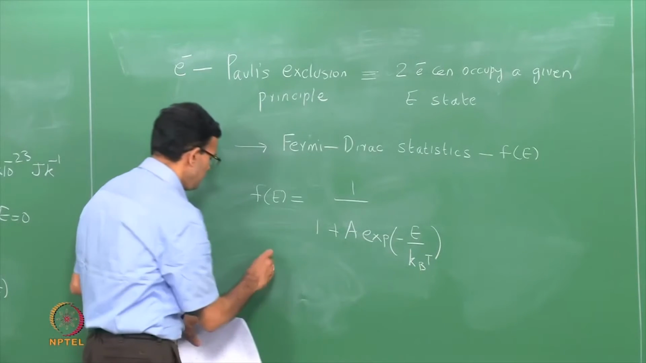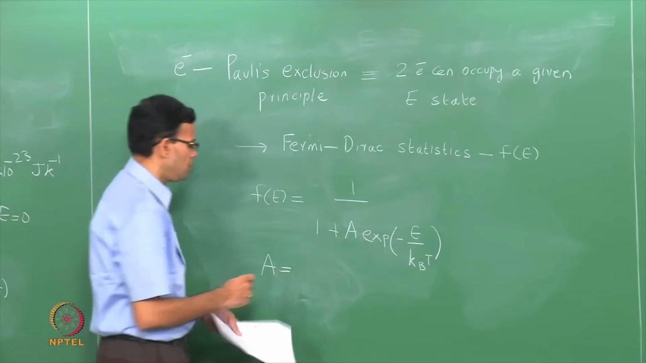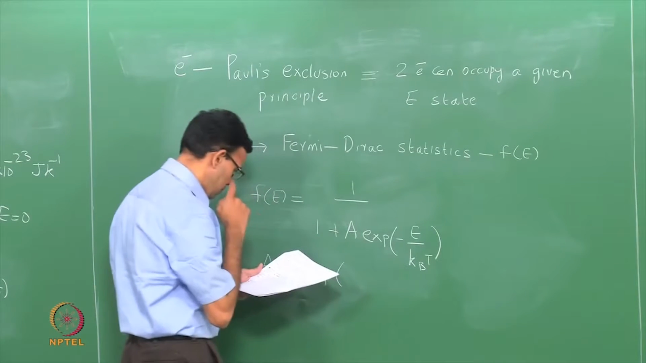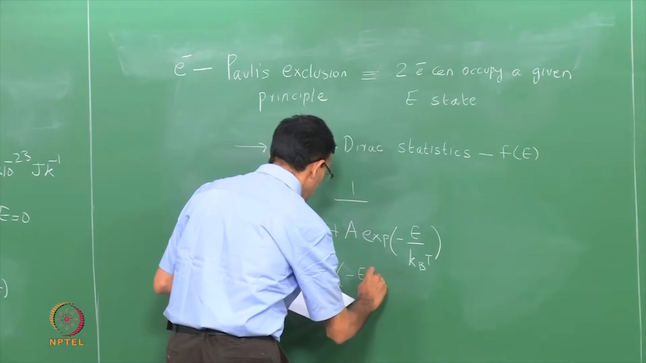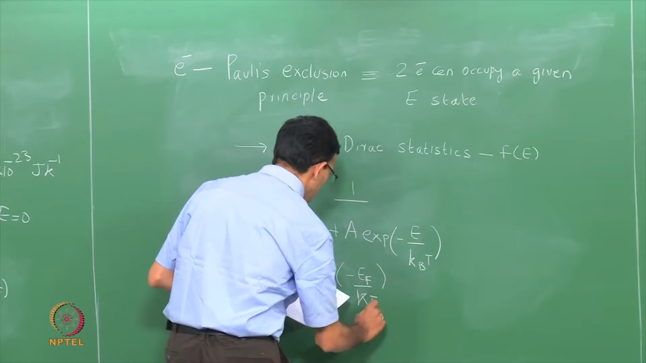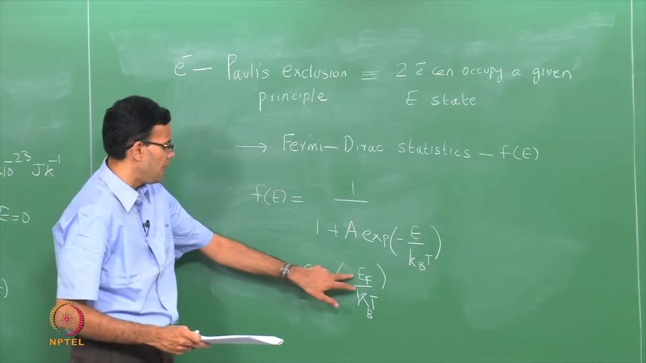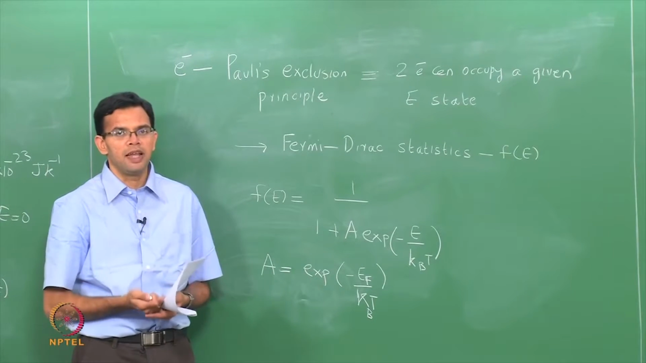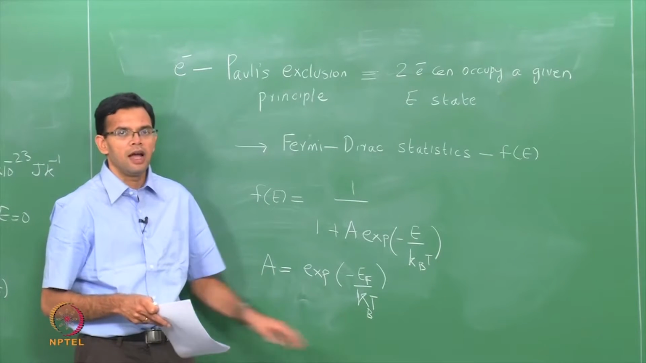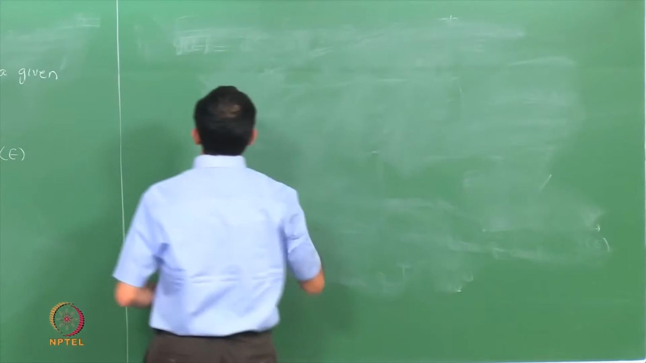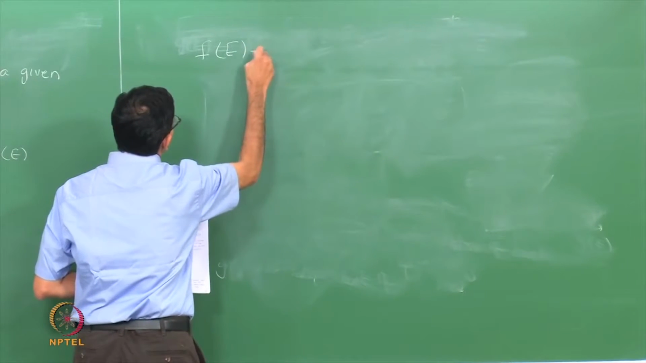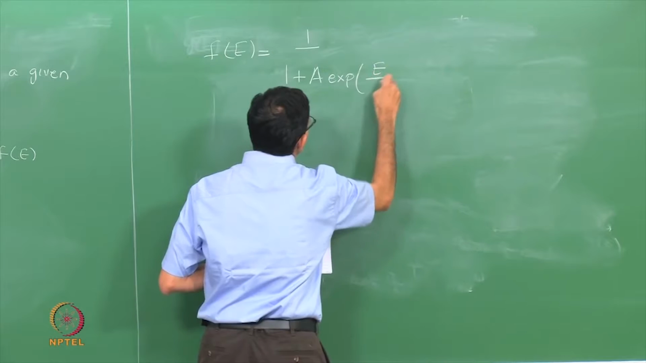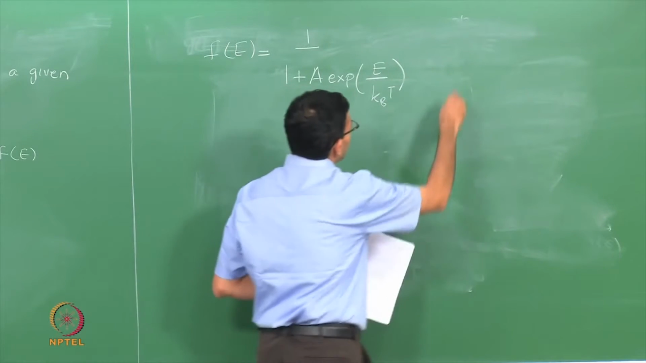Now, A here is a constant, and for a solid A depends upon the Fermi energy. So, A is nothing but minus EF over kBT, and we saw earlier that the Fermi energy represents the highest occupied energy state. So, it is the gap between the occupied and the unoccupied states in a metal. So, if you put those two terms together, you have f of E equals 1 over 1 plus A, and for a metal we said that A